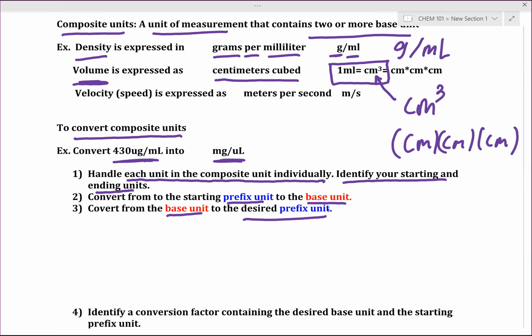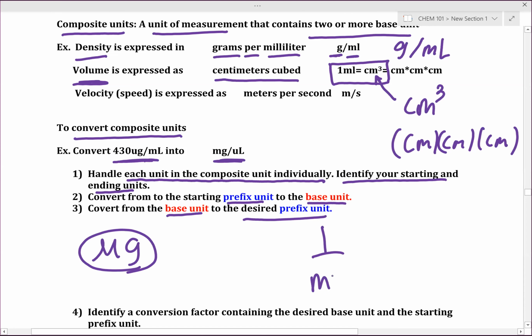So, for example, in this case, what are our starting units? Let's identify each of them separately. What's our starting unit set? Micrograms. So we have micrograms on top. And then what do we have on bottom? Milliliters. So we have micrograms as our first starting unit, and instead of milliliters, we have 1 over milliliters. Now, there are a few ways to go about handling this. The simplest way, at least while you're starting out, is just to look at the units individually. So we have micrograms and milliliters. Let's just think, how do we convert these units?